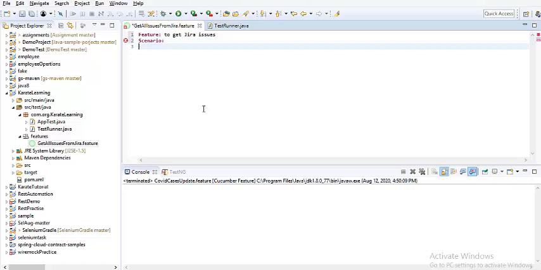Yeah. So scenario, we can also have some description for the scenario, saying to get all issues present in a project. Yeah. So this is the scenario that I have just mentioned. It is very sample. You can have anything.